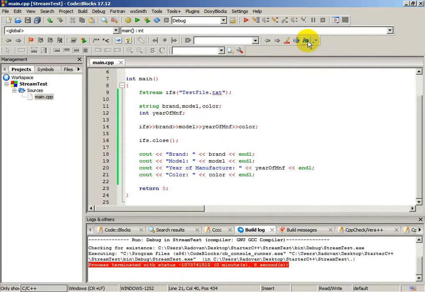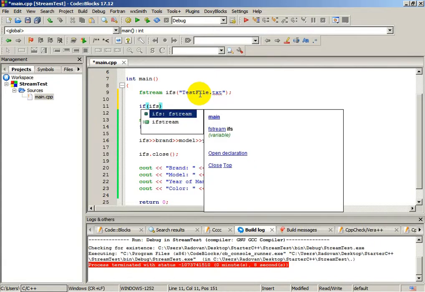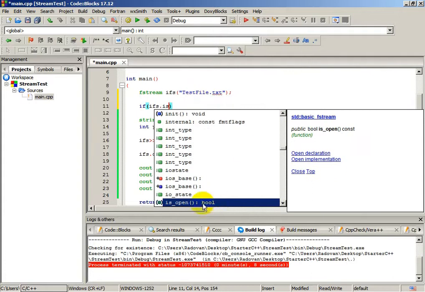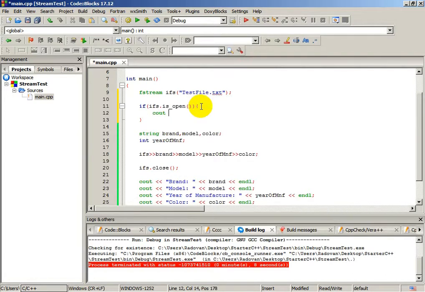And one more thing that we can do. For example, we are opening the file with this ifs stream, but we can write some if statement, because it will work only when we are typing the name of the file correctly. If our file name is not correct, the program will not work properly. We can write an if statement. If this ifs is open, we can use this boolean. If our file is open, we can type file is opened \n,